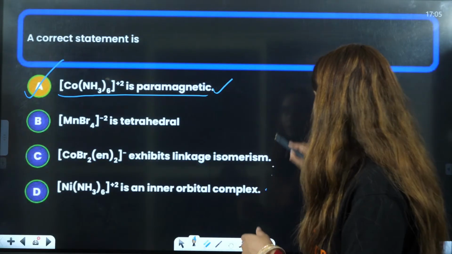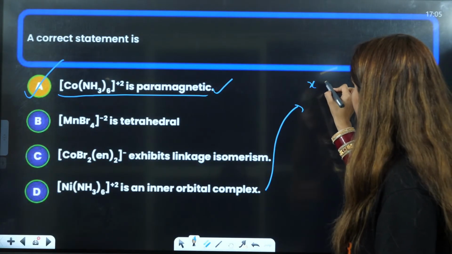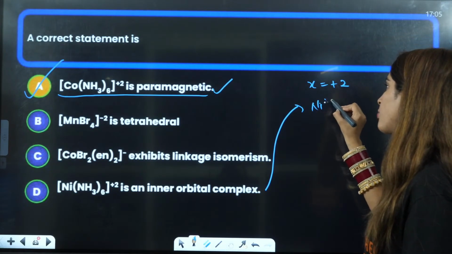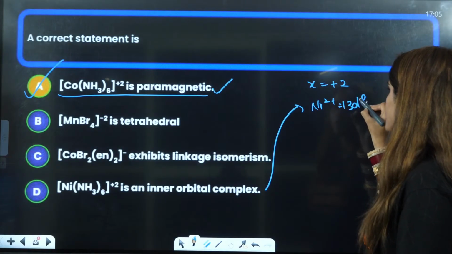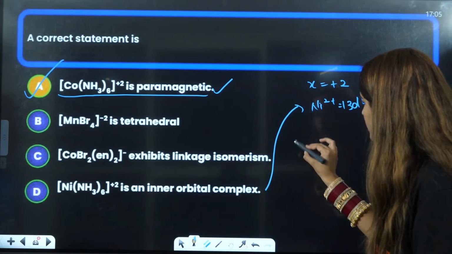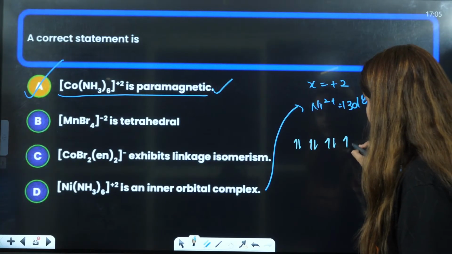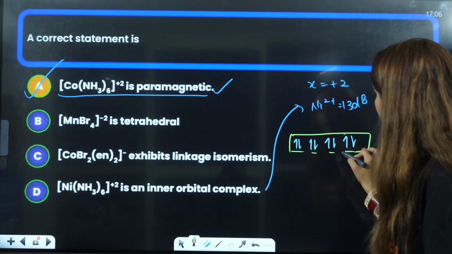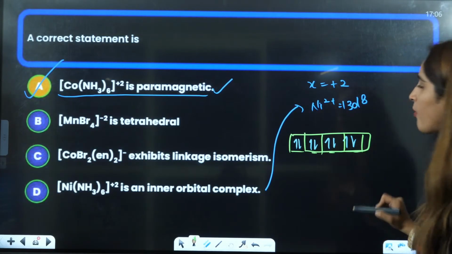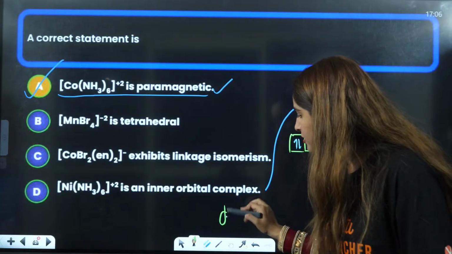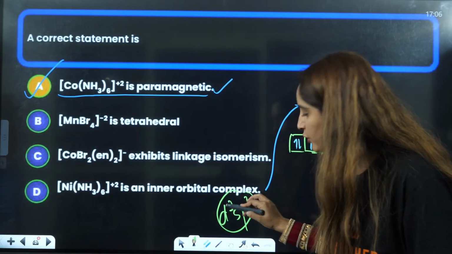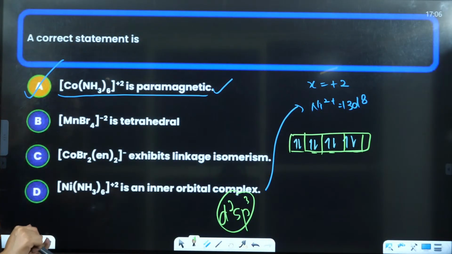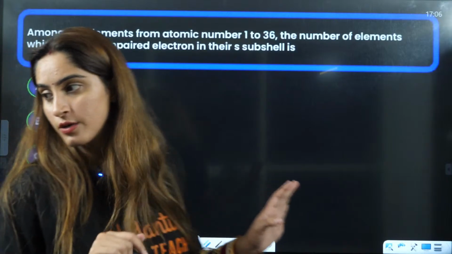So if you want to solve this, you can, right? Nickel again is in +2 oxidation state, right? That means nickel 2 positive is 3d8, right? So when it is filling the electrons, 1, 2, 3, 4, 5, 6, 7, 8, it's not possible for it to be inner orbital octahedral because if you have 5 boxes here, one box will be empty. We need 2 boxes to be empty for having d2sp3. We have just one d orbital which is empty, so that is again not possible. So answer is going to be A is the correct answer. Okay.